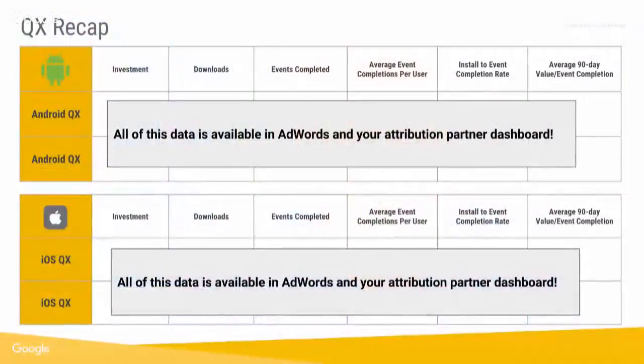So what I wanted to share is a slide that I put together for some quarterly business reviews with some of our top strategic customers, just helping them dissect and understand how Android, iOS, and web customers stack up against one another. The great thing about this exercise is that, as the slide points out, all of these inputs that you would need in order to calculate a baseline LTV of users acquired through AdWords as a channel are actually accessible through their attribution partner, whether it be Firebase, the Google SDK, or a third-party platform, but also within